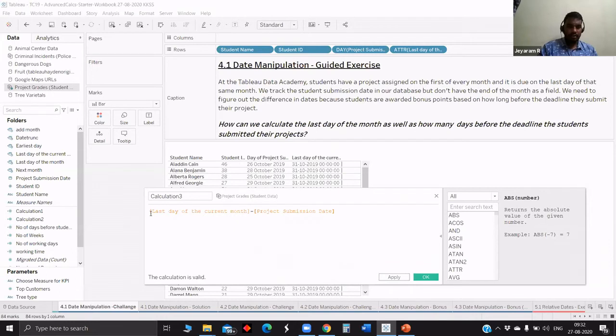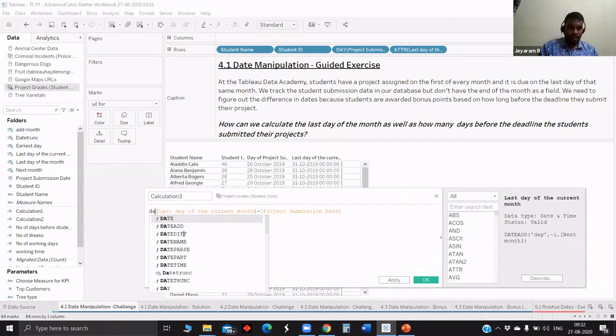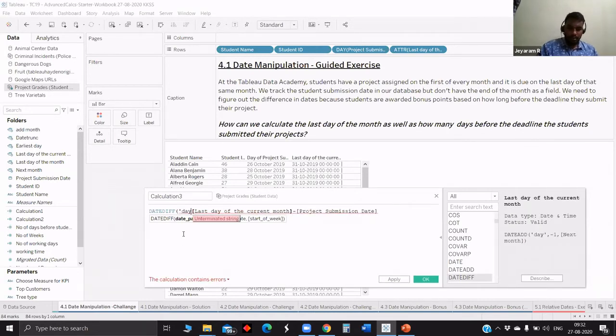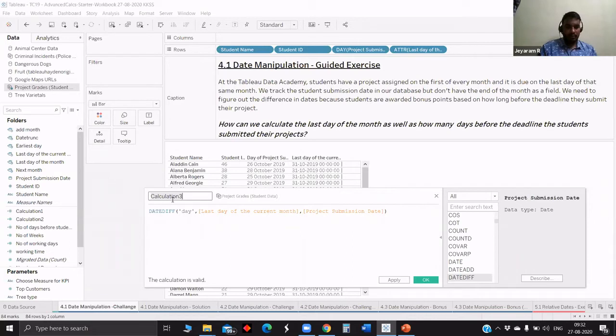We have to use the date difference function. Date part is days. Start date, and this is the end date.